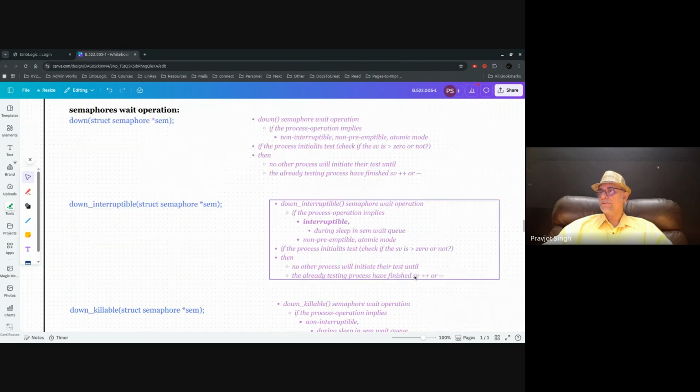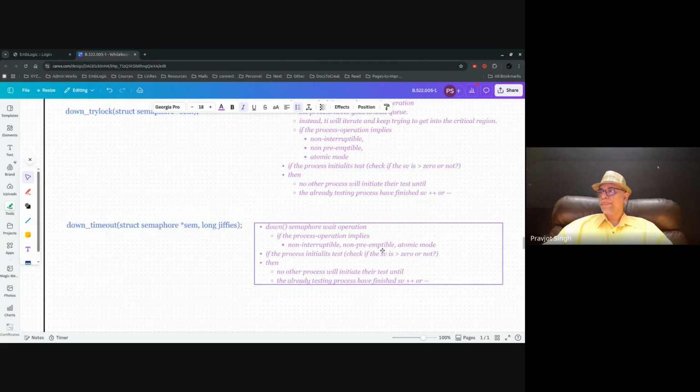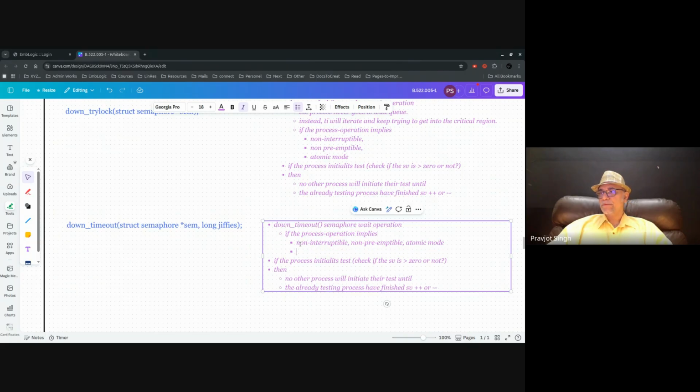Not this, ये. Down underscore timeout. Okay. Semaphore wait operation, non-interruptible, non-preemptible atomic mode of execution. है ना? The process would stay in the wait queue for a timeout period